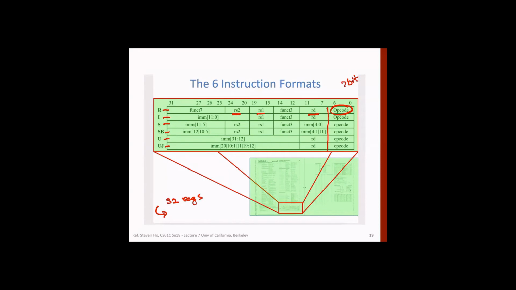Yeah, 5 bits, right? See, so this field will be 5 bits. When we represent a register, out of 32 registers, we'll have to represent one register here, right? So in order to represent one of the 32 registers, we need just 5 bits. So each field, RS1, RS2, RD, is 5 bits each, so 15 bits, plus opcode of 7.